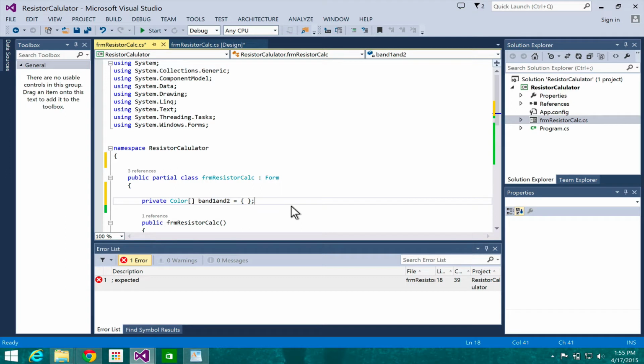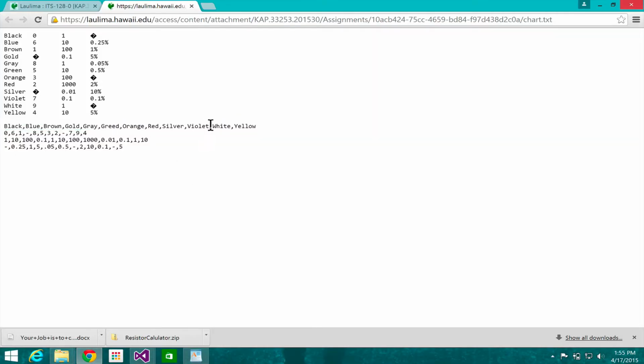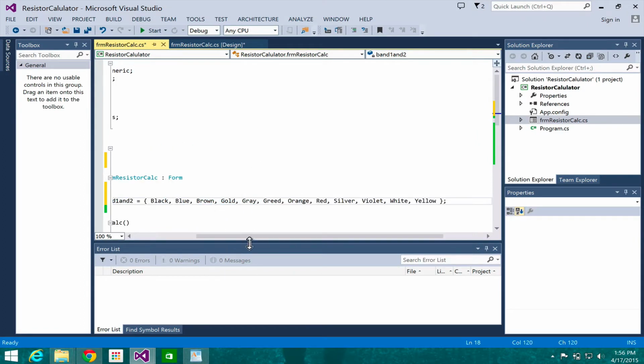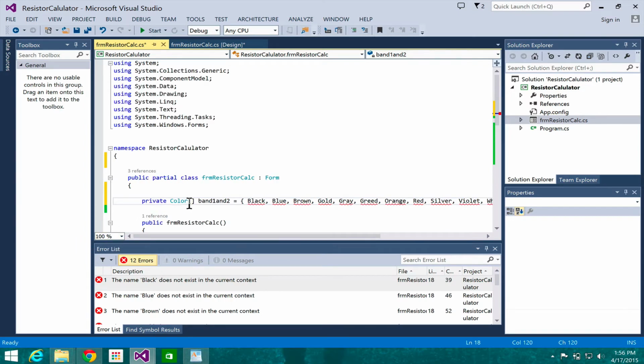Now, this is a valid statement, but it creates this reference variable to an array that is empty, so it doesn't have anything in it. I actually want to have some colors, and if I look back at these are the colors I want. Right? I have to actually have them as colors, and what we'll see is that we can. It doesn't know what those are yet, but it turns out there is in fact a